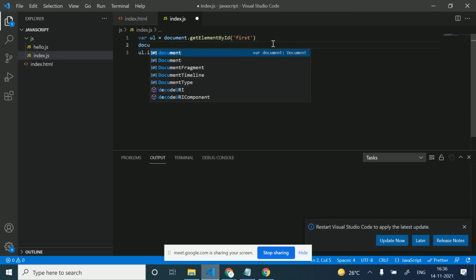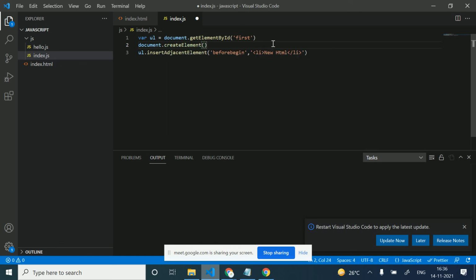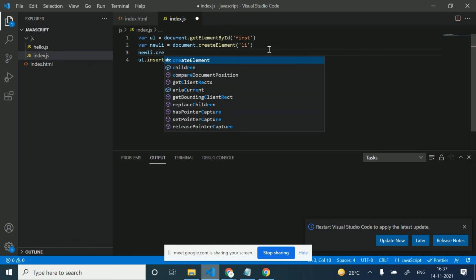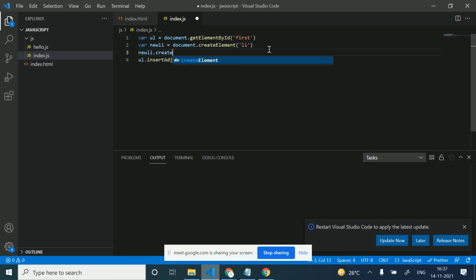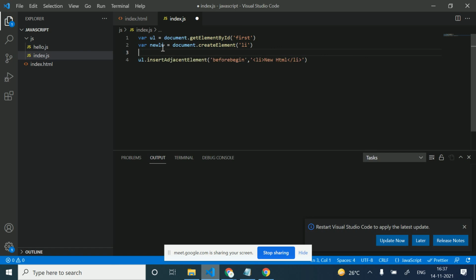Let's check by document dot create element, like li. We will use this where new li, new li dot. No need to create text first. I need to check this. I'm just going to replace this.